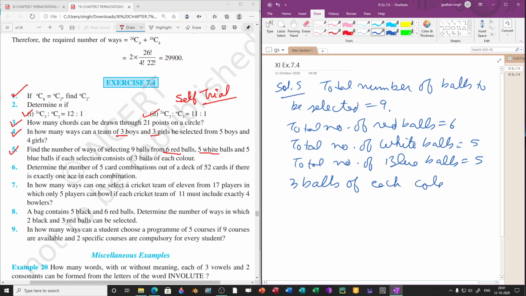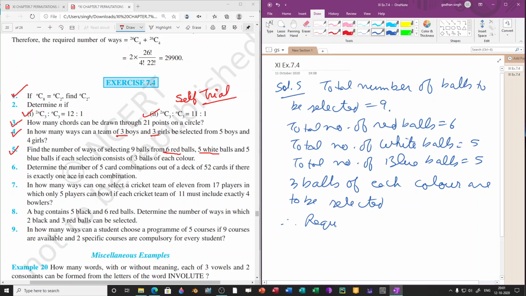3 balls of each color are to be selected, and there are 3 colors. So that is why we are getting 9 balls. Therefore, find the number of ways of selecting 9 balls from 6 red balls, 5 white balls, and 5 blue balls if each selection consists of 3 balls of each color. Therefore, required number of selections